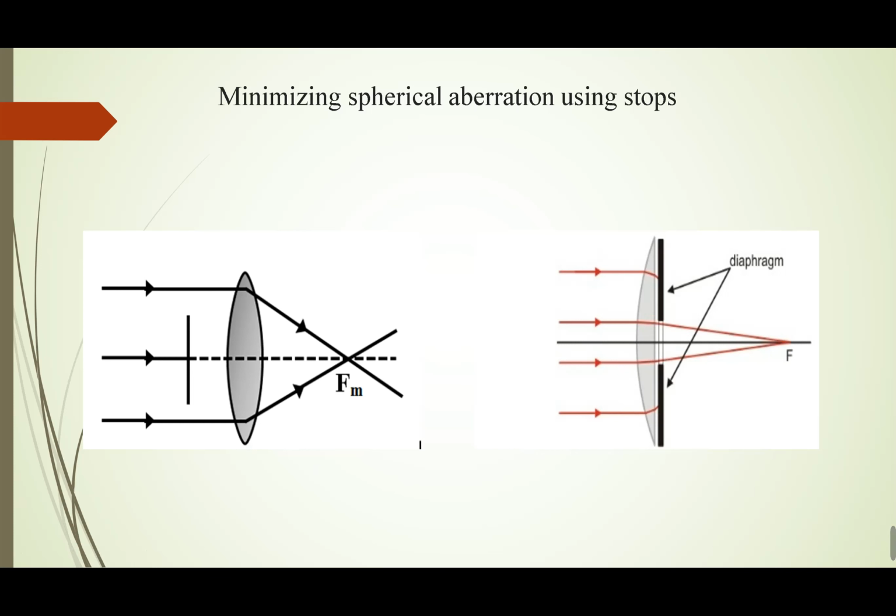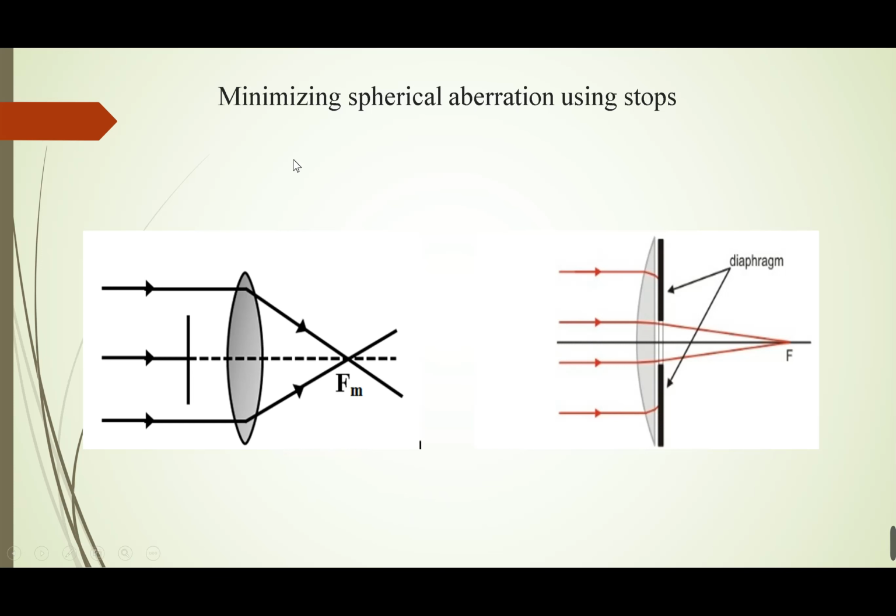Okay, no lens can be found without aberration. Every lens will produce these defects here, either due to a chromatic aberration or due to a monochromatic aberration. They will produce defects here. But the thing is, while they are used in optical instruments, the correction is done to the aberrations produced by the lenses, and they are used in the optical instruments.